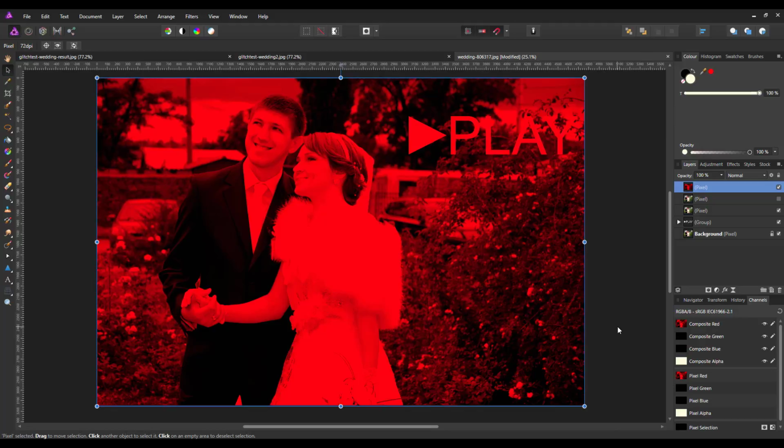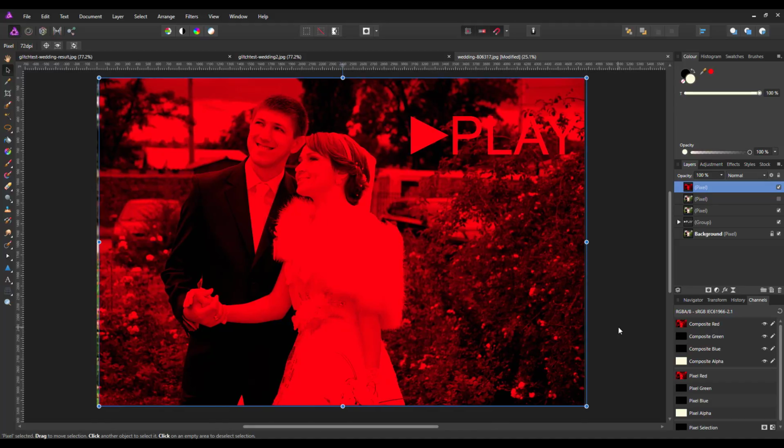Now if you press the left or right arrows on your keyboard, every time you press that, it will move this image or layer over by 1 pixel. But I have found that if you hold down the shift key and then click on the right or left arrow, it will move it in steps of 10. So that's a lot easier, right? Because I want to move it by 20 pixels, and rather than press this 20 times, I can just hold down the shift key and press the arrow twice. So I'm going to go to the right by